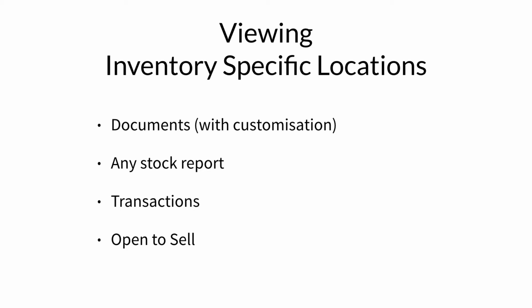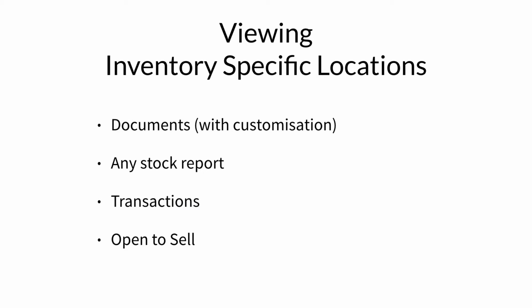So that's inventory specific locations. What I want to just go through quickly is where those inventory specific locations appear. Inventory specific locations will appear in documents, but that might require some customization, and that can be done through